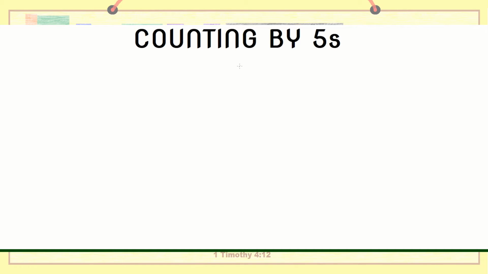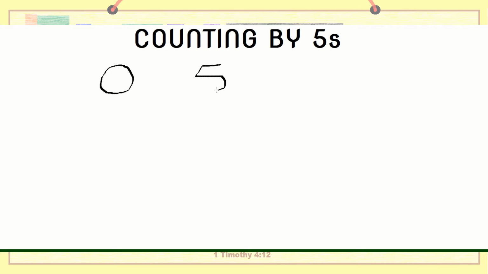Okay, class. So today we're going to be learning how to count by fives. You should already remember from last year, so we're just going to do a quick review of some of the key facts that are involved when skip counting, particularly skip counting by fives. So first things first, when counting by fives, the number is going to either end in a 0 or in